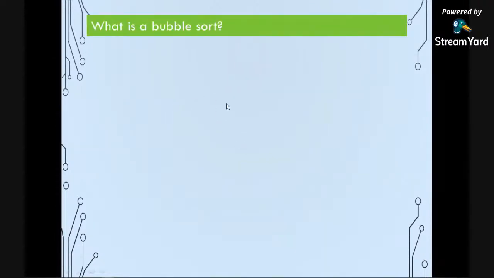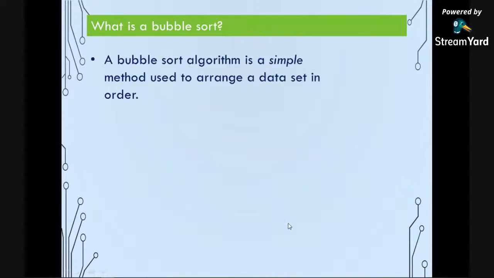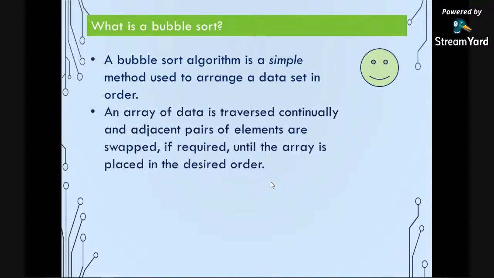Looking back at the idea of what is a bubble sort. It is a very simple method used to make sure a data set is put into the right order. Very, very simple. It's not very complicated at all. So that's the good part about it. One of the bad things,